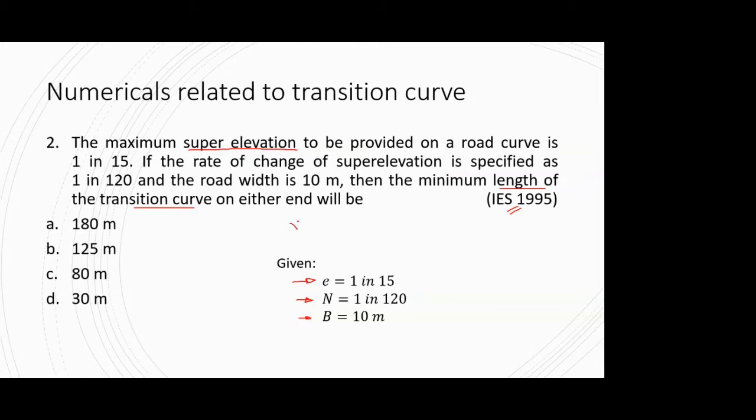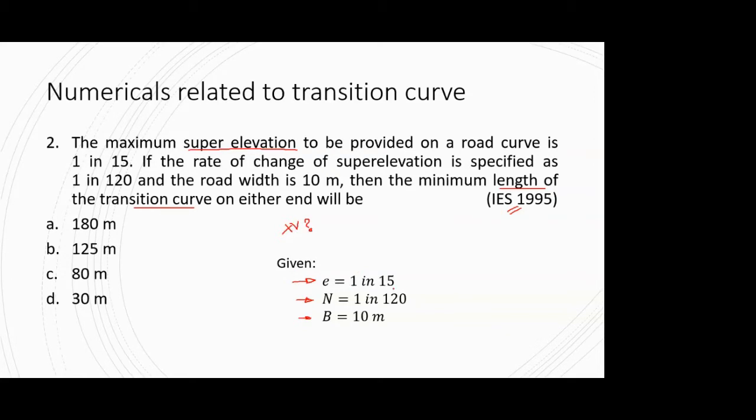Because we don't have an important parameter, which is the design speed, V value. If we had the V value, then we would have applied the formulas for rate of change of centrifugal acceleration and the IRC empirical formula, but we don't have that, and neither do we have the data through which we can assume the value of V. The data generally used to assume V is that it is a rolling terrain, or a national highway, or an expressway. Neither of these is given, so we don't use the design speed anywhere in this numerical.